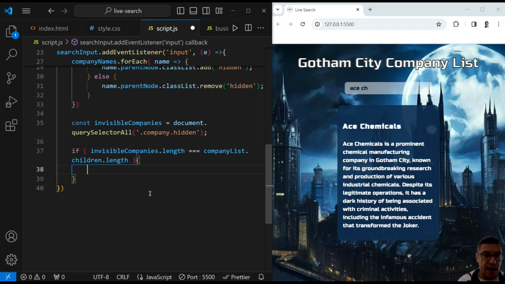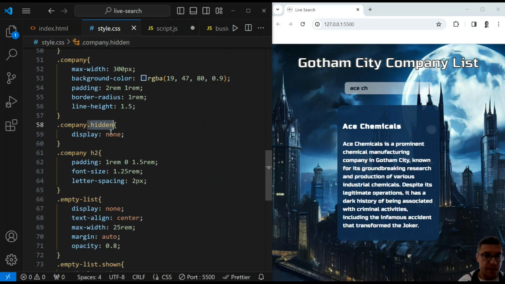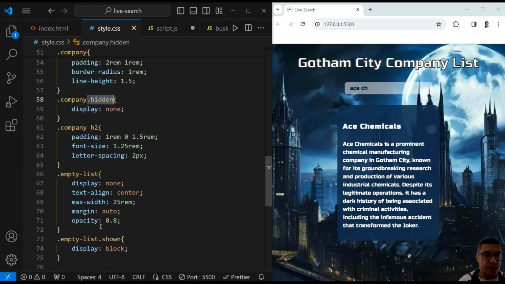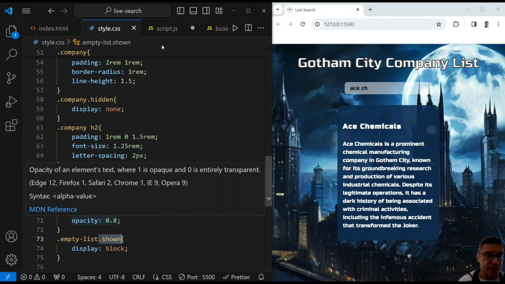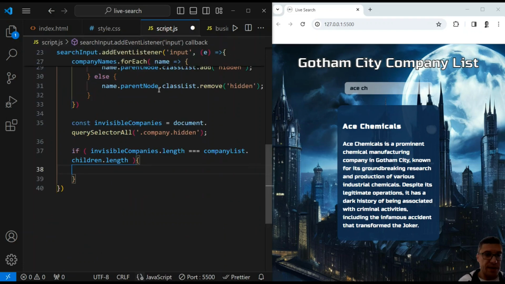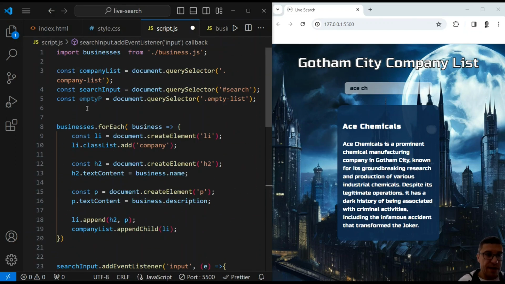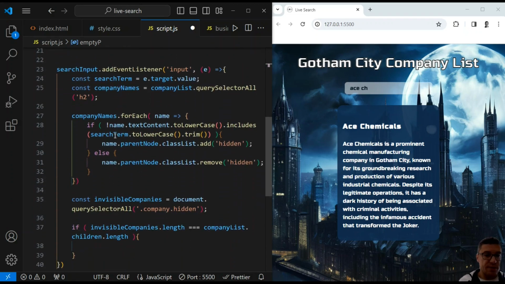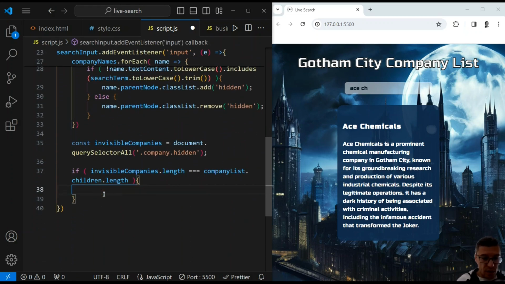Therefore, I want to put, let me check, I want to put the class of shown on my P, which has a class of empty list. Let me check. Yeah, we have emptyP constant here. We already grabbed that paragraph. So I will say emptyP.classList.add